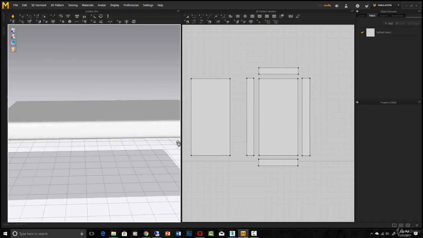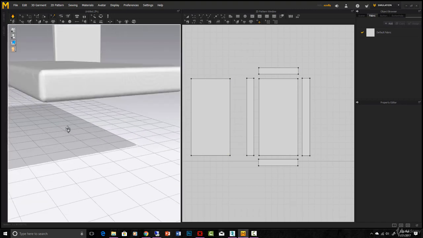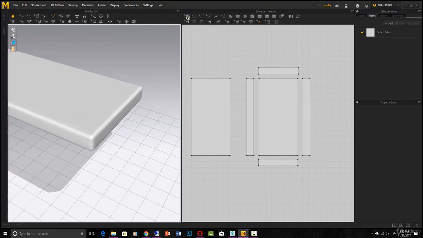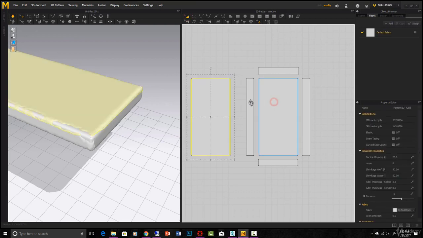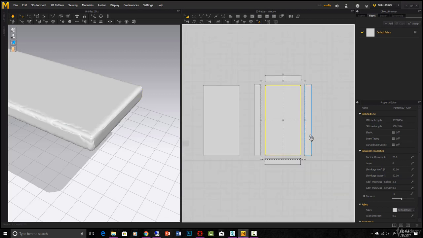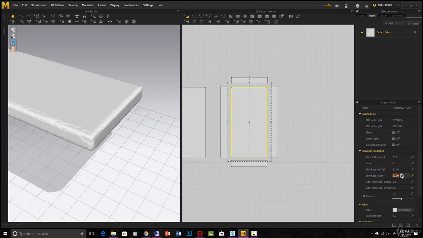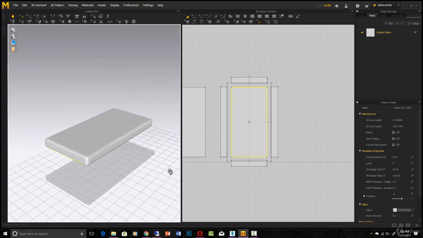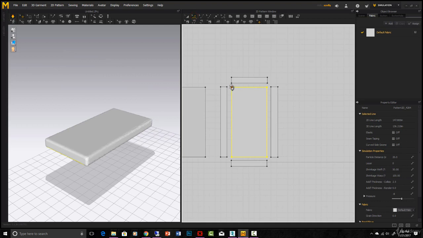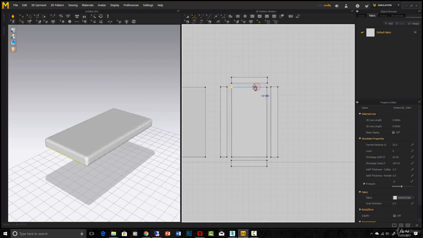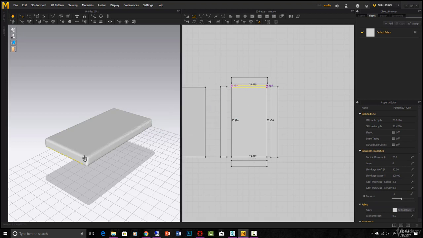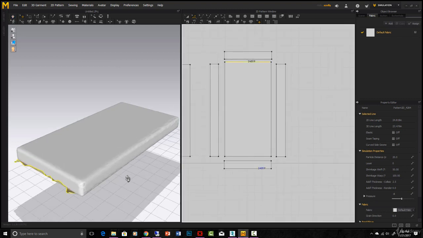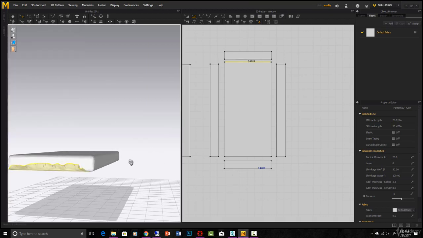Now you could mess with this for a long time to get the seams all working properly. You can always go back into these fabrics and adjust their properties, make them shrink more, shrink less. One cool thing you can do, if you do this back to 100, you see a lot of wrinkling going on. You can actually just take these shapes and edit them in real time, like that,